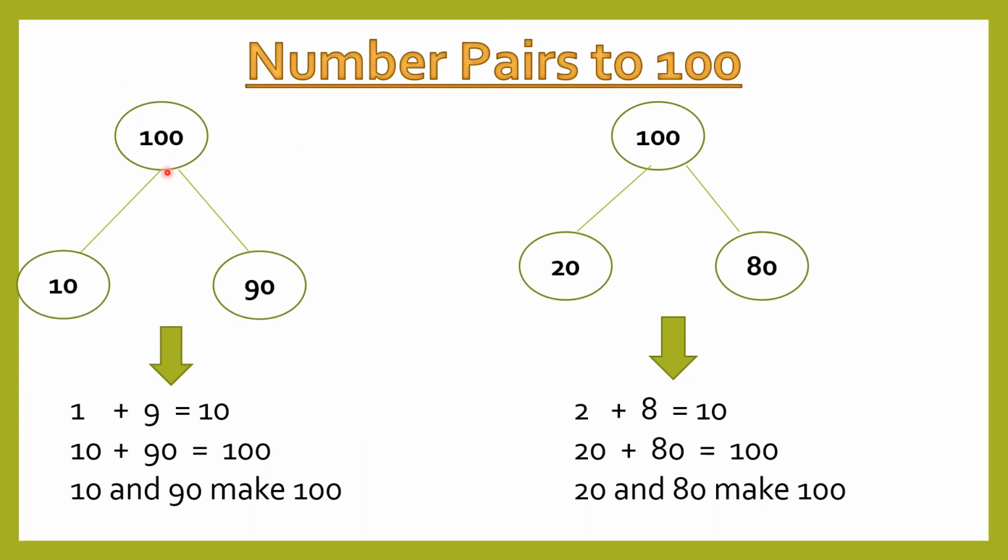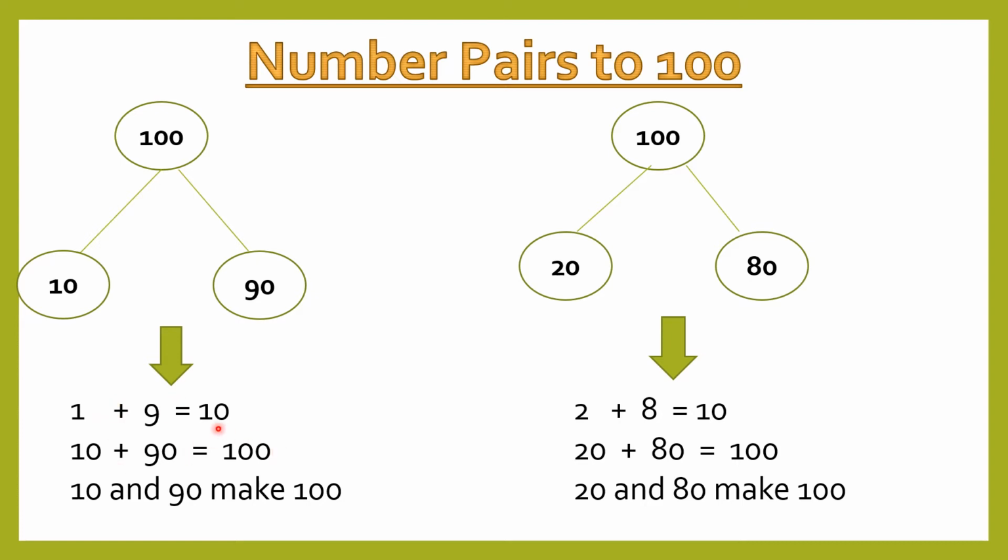For example, you have the number 100 here. If you break this number into two numbers, 10 and 90, what is 10 plus 90? 10 plus 90 is 100. How do you make this easier for yourself? This is something you can actually apply. For example, I have 100, right? I know what is 1 plus 9. 1 plus 9 is 10. So if I just add zeros to the values, 10 plus 90 would be 100.